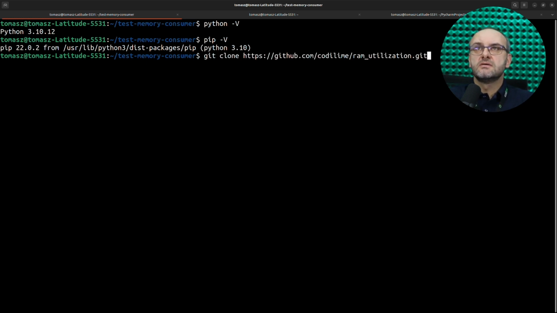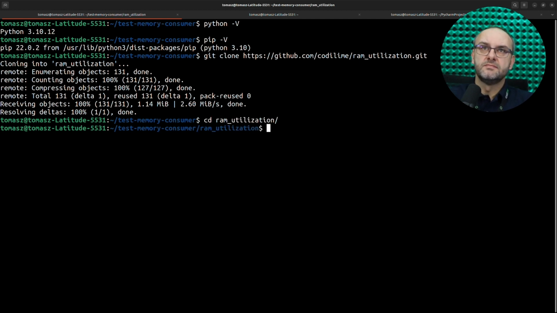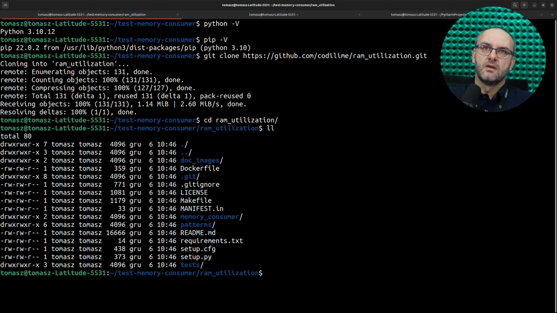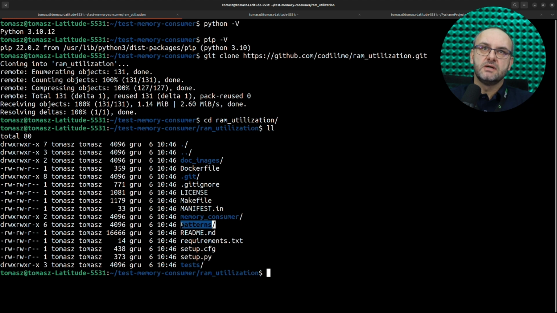This is on GitHub, Codylime, and the name of the repository is RAM utilization. The code is in the subdirectory memory consumer, and the patterns subdirectory contains the example patterns that we will be using in the demo.